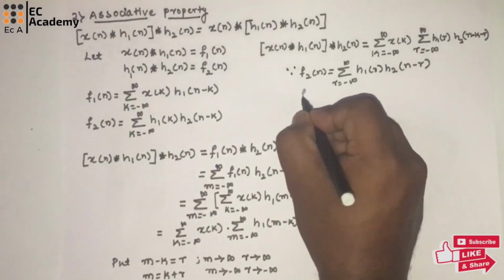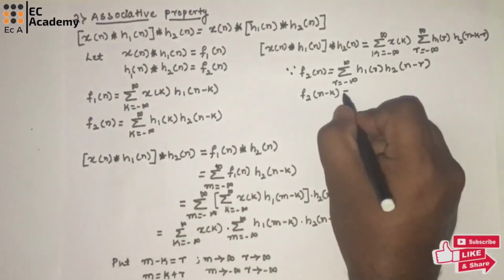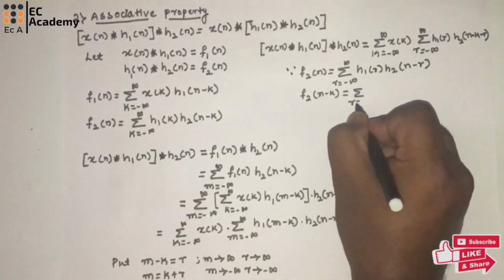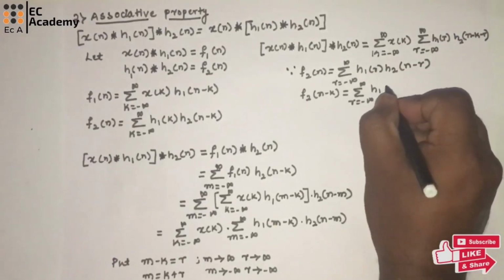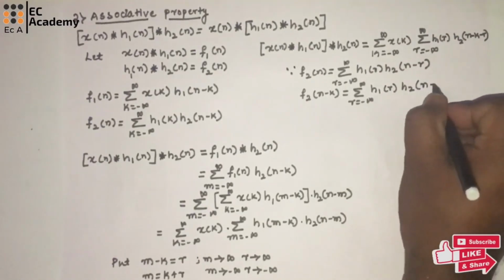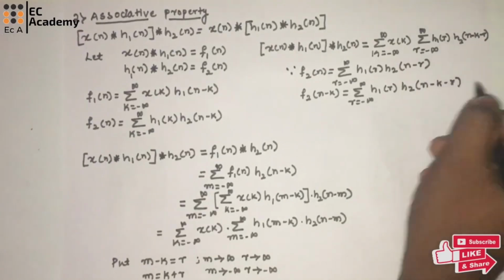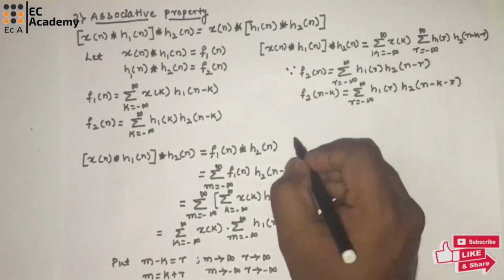So we can write f2 of n minus k as summation of r is equal to minus infinity to infinity h1 of r into h2 of n minus k minus r. So using this equation, we can write the above equation as,